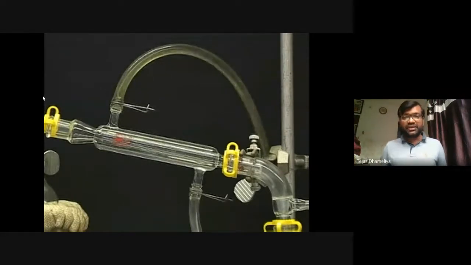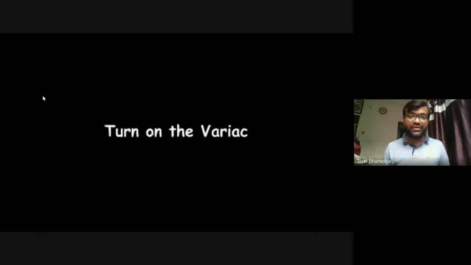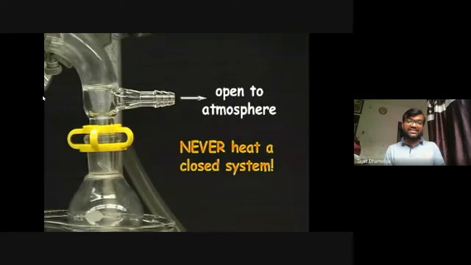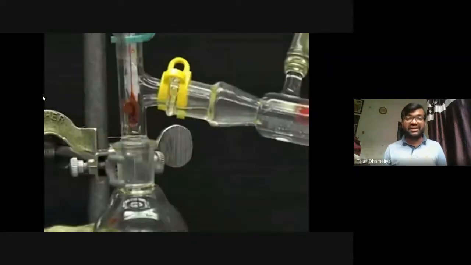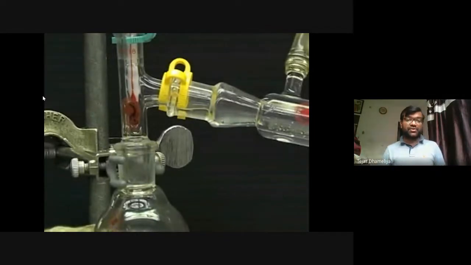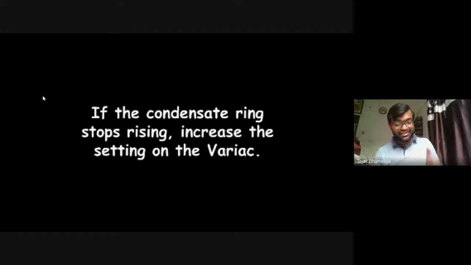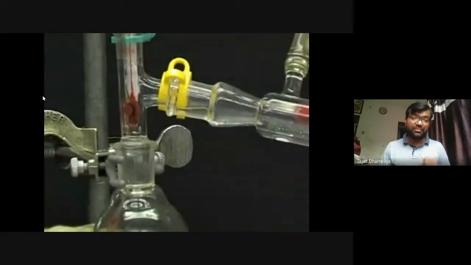Okay. So this is the way water flows. Once we open the tap of water, the water flow will continue, and then we have to turn on the heating mantle. And here it should be open, because it will heat up a lot. If we close the heating system, then it may bump or it may catch fire also. So we have to take these precautions as well. And when the temperature reaches the boiling point of the vapor, we have to set the knob of the heating mantle in such a way that we can have the proper boiling point as well.